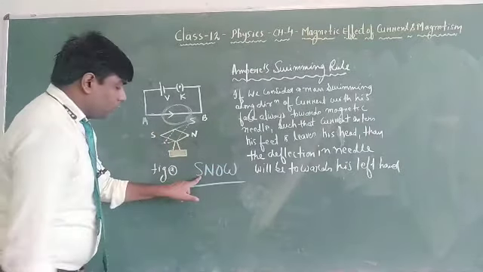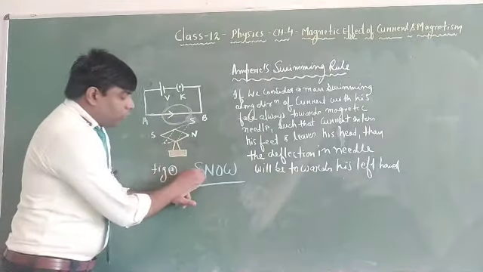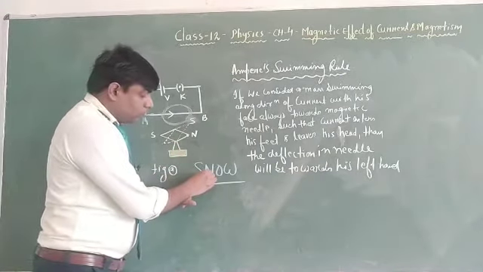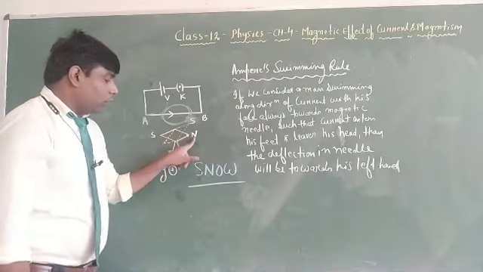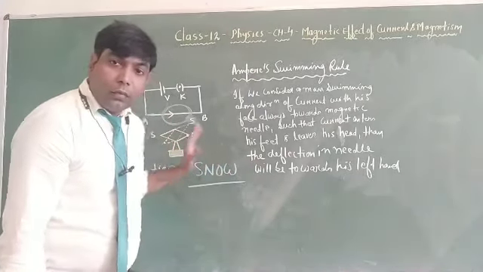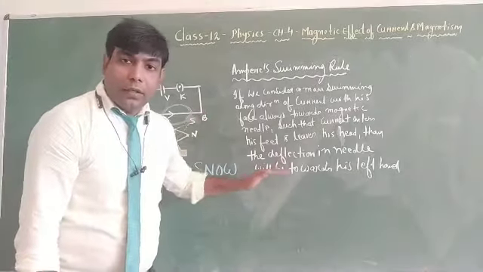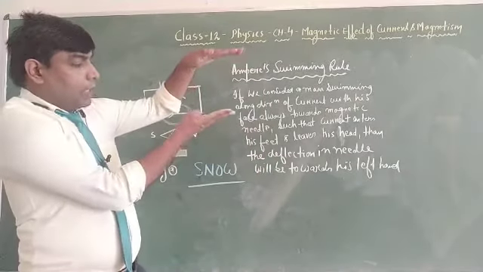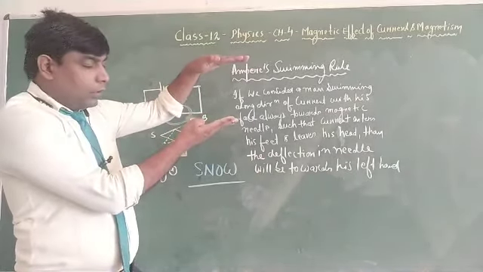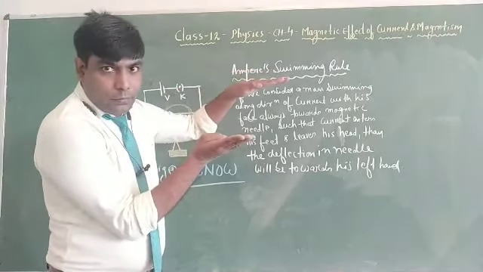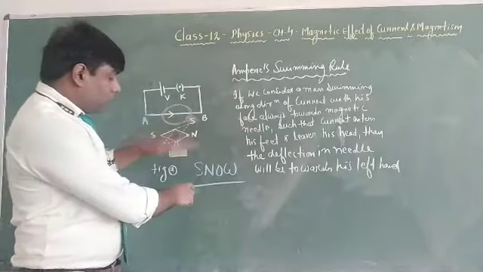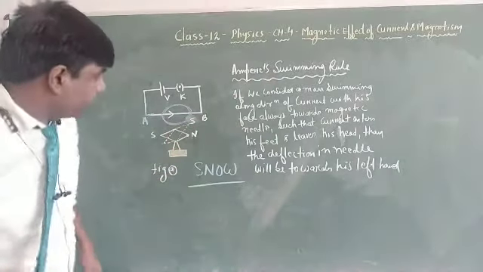Snow means if current is entering from south to north and the wire is placed over the needle, see here, S means south and N means north, that is, when current is flowing from the south direction to the north direction and the wire is placed over the needle, then the deflection in the needle will be towards west, right? Now see, if south to north,